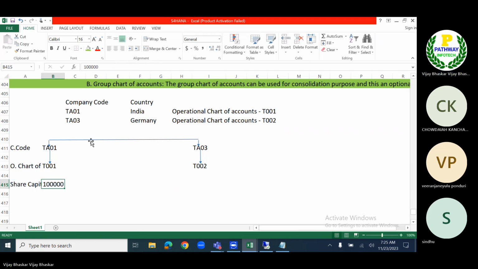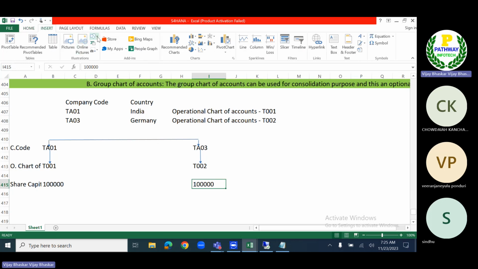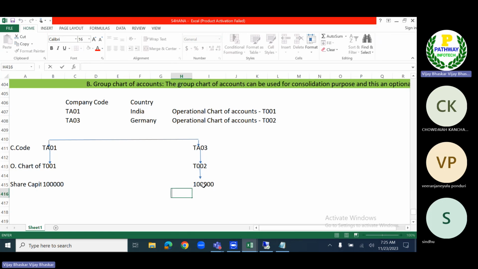In a similar way, here also I am using the same GL account. Let us think about two scenarios here. Now here we have the same GL account. If the management would like to see what the share capital is, what the liability is,